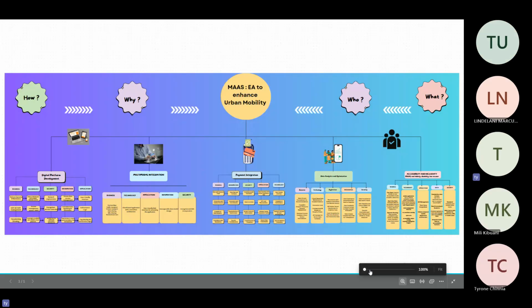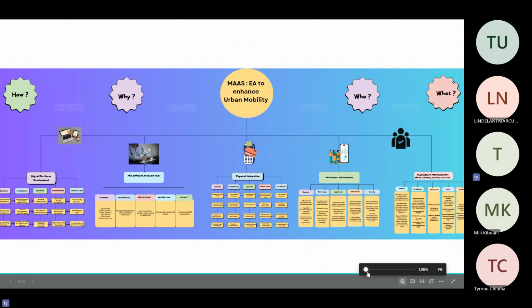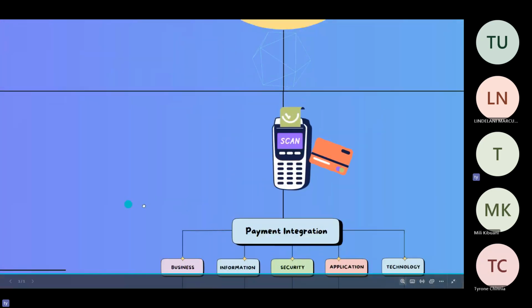And today we're just going to be taking everyone through mobility as a service. We're going to start off by introducing our high-level EA diagram in order to enhance urban mobility. And thereafter, we'll touch on the as-is and the to-be architecture perspectives, as well as the EA core principles. So cool. We'll start off first with my point,